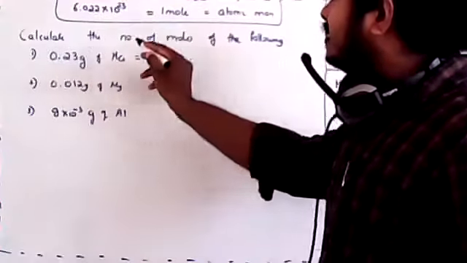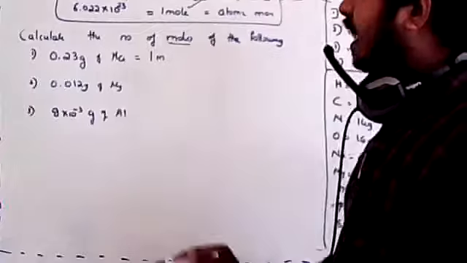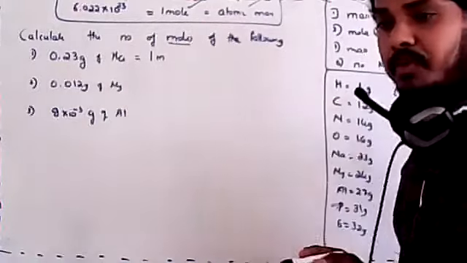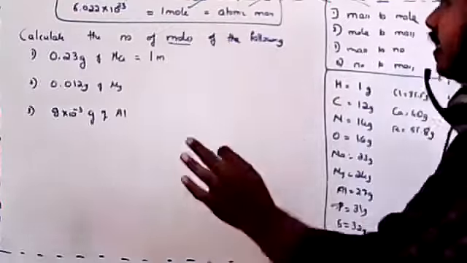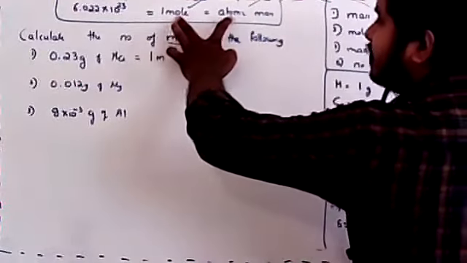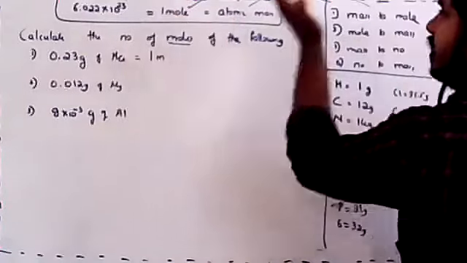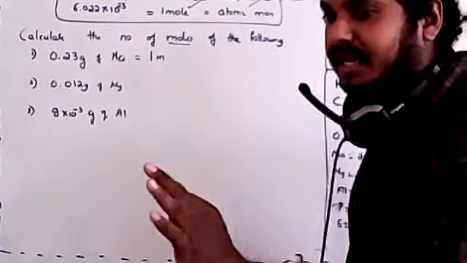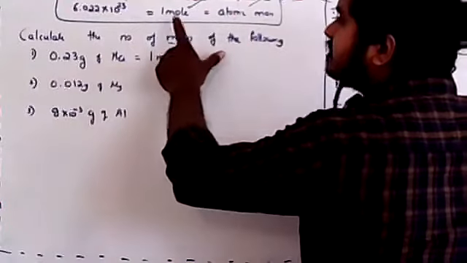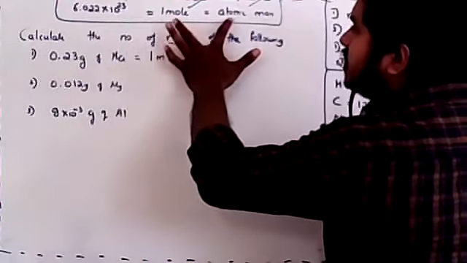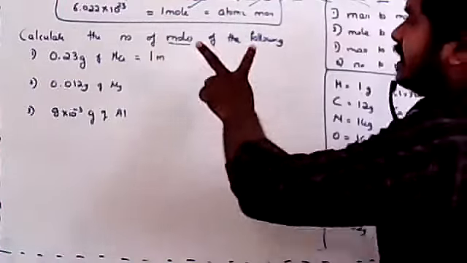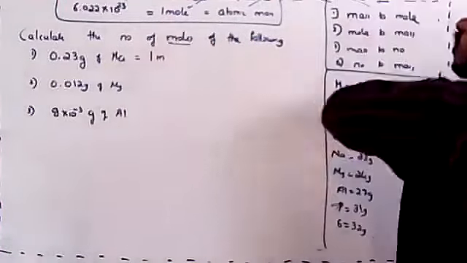What they're asking now is the moles. I need this one, and what they've given here is the atomic mass. You need to equate these two. Are you understanding my point? Just concentrate once again. What they are asking is mole, and what they have given here is atomic mass. You need to equate in such a way that what is required should be written on the right side. They have given the mass, they're asking the mole. Then you just need to equate these two.